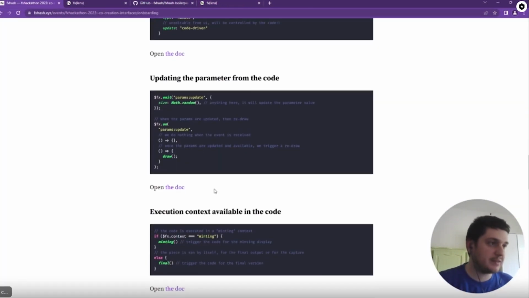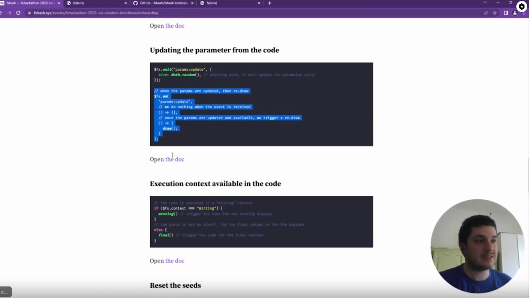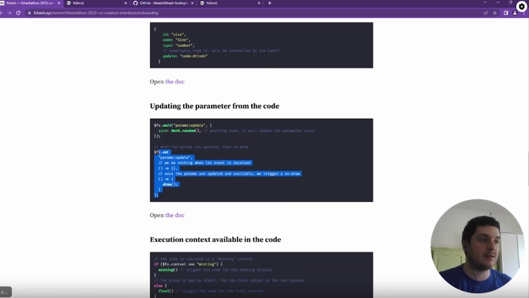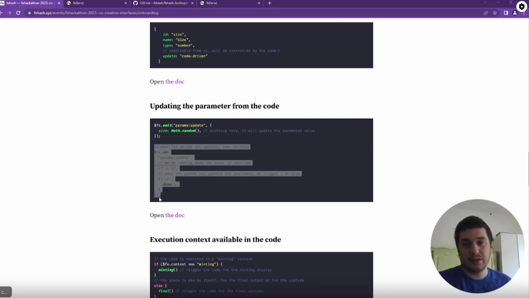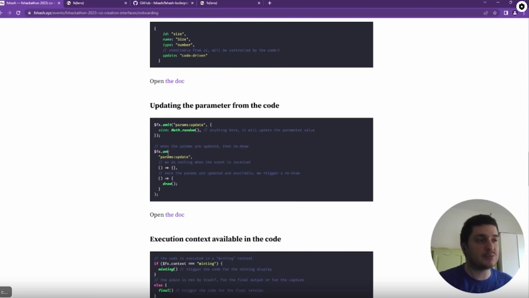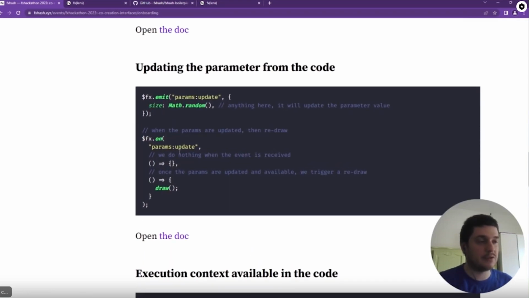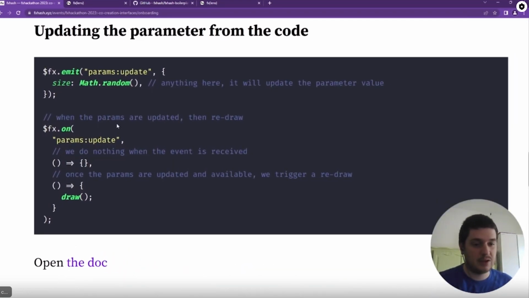The next important bit that we already have with sync params is the ability to receive when a param is updated. I'm not going to go fully into the event cycles, but it's pretty straightforward when you look at the function. I'm going to zoom a bit. When you look at the function in here, basically whenever a param is updated,